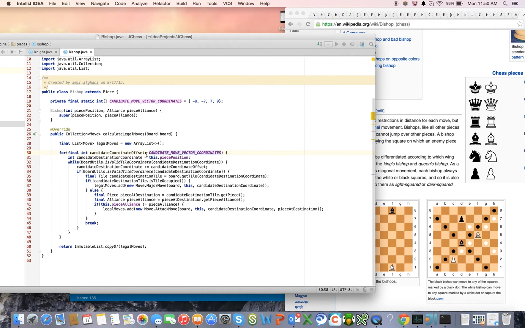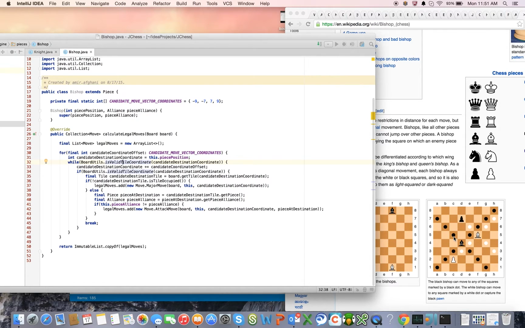For the -9, the candidate that we want to consider starts out as our current position. First we want to say, is that position valid? Have we gone off the edge of the board yet, sliding down this vector? No, we have not. Then apply the offset to that position. So here we'd start at position 35, and we're going to apply -9. That'll land us right here. And if that's a valid position, if that is still on the board in a legal position,